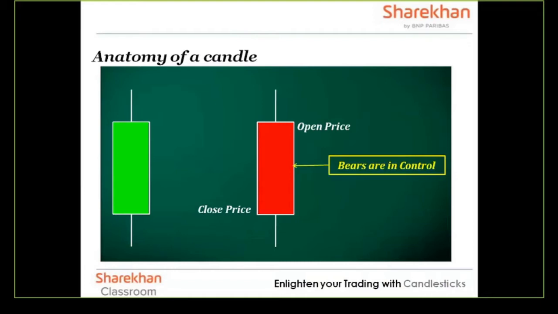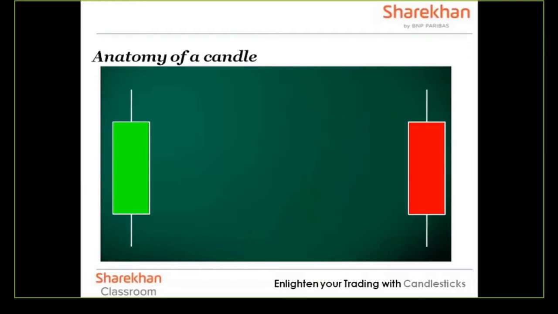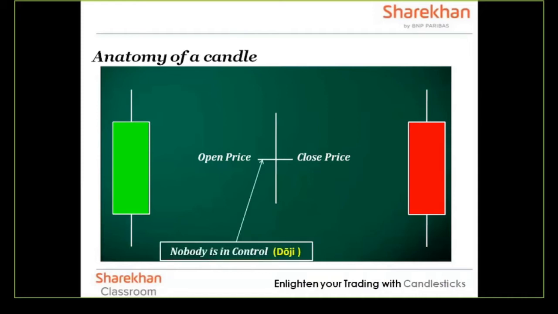Now, along with this, we also have one other type of candle which is very rare but can be very helpful for trading, called a doji candle. Here the prices open at a particular rate, bulls take control, prices go up, then bears come in and hammer the prices down, then again bulls come in, and finally the open and close are almost near each other, so you don't see a rectangular body for that candle. Hence it is called a doji candle, which means complete indecision. No one was in control, and that's why you have this candle.